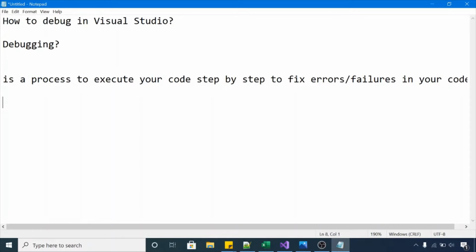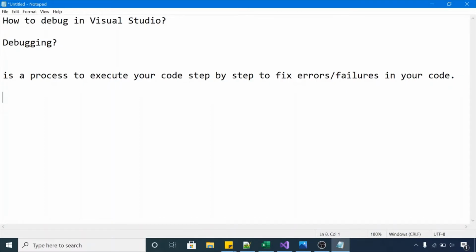Okay, let's take one example. Let's suppose you are having one application in which you are performing some operations. Okay, let me take one example, very basic example. Let's suppose you are having some calculator application, in which you are performing some mathematical operations, addition, subtraction, multiplication, division, etc. Now you get one method to add two numbers. Now this method is not giving you accurate output, or maybe it's giving you some wrong output.